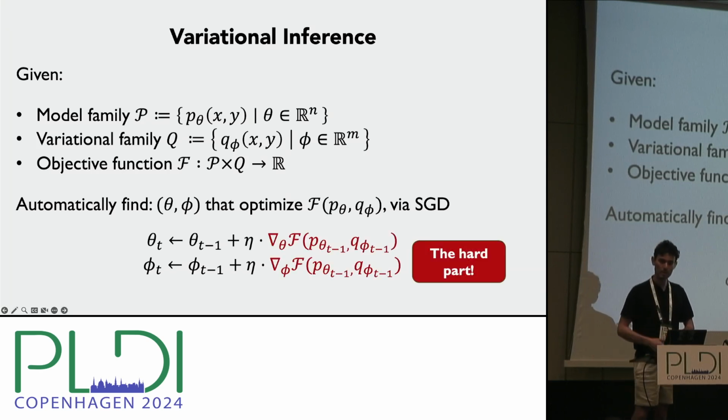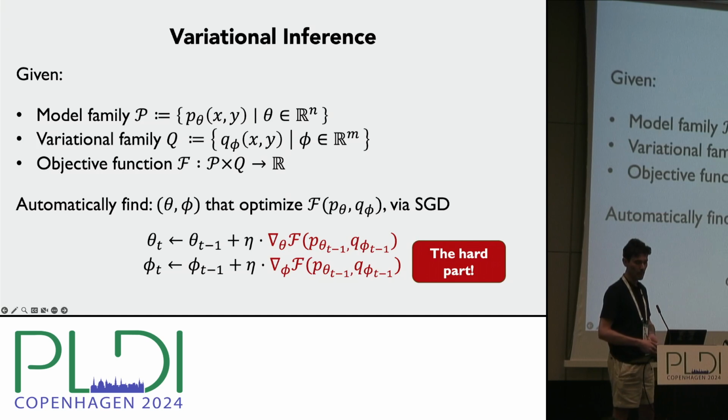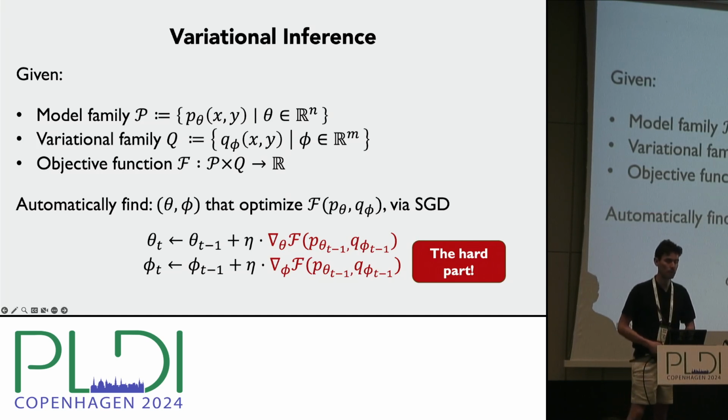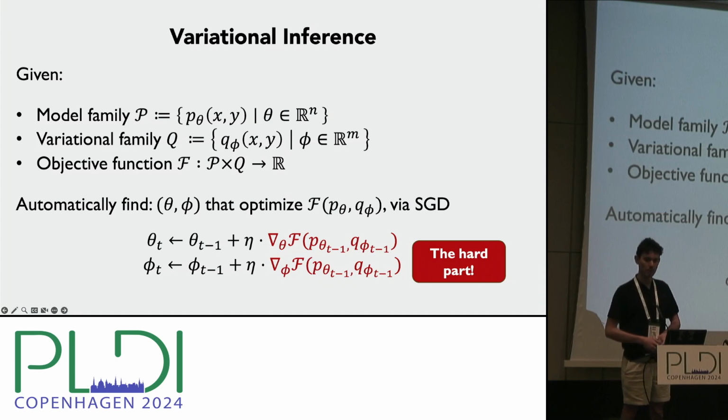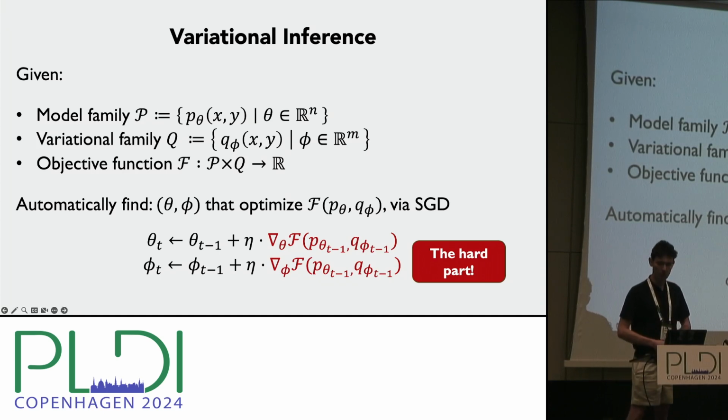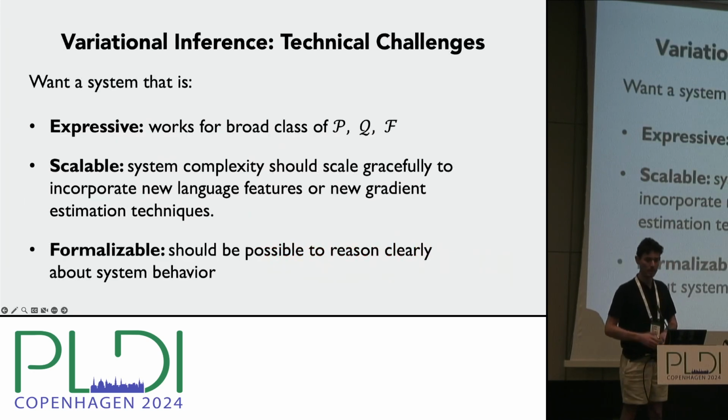Unlike the typical optimization objectives found in machine learning, these variational objectives are defined in terms of integrals and density functions of probabilistic programs. And we can't just run standard AD, standard automatic differentiation. Existing probabilistic programming languages have a lot of specialized machinery for estimating gradients of one or two commonly used objectives f. But what we really want is a system that is expressive, working for as many choices of p, q,